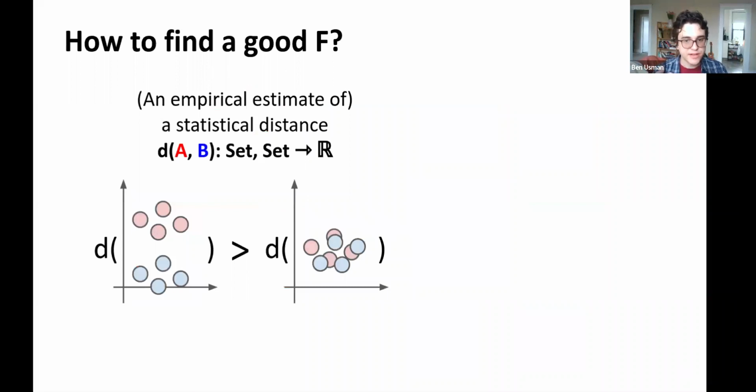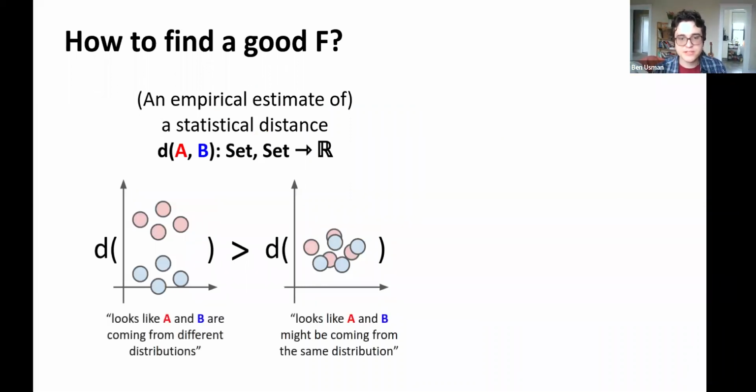And what is important right now is that these are just some functions that take two sets as inputs and return large numbers for sets that do not look like they come from the same distribution, and smaller numbers for sets that might have come from the same distribution. So for example, the distance between